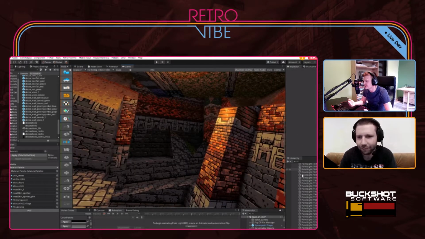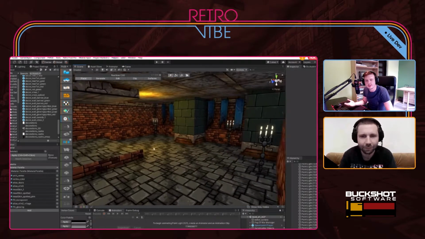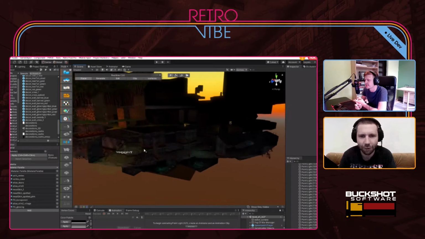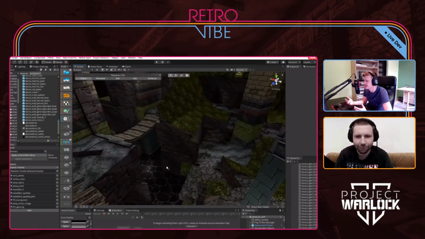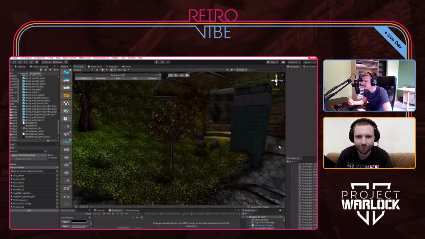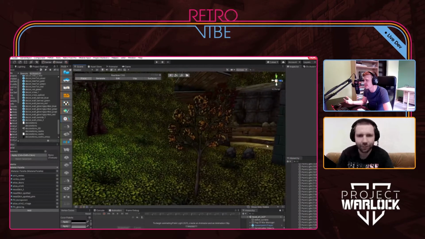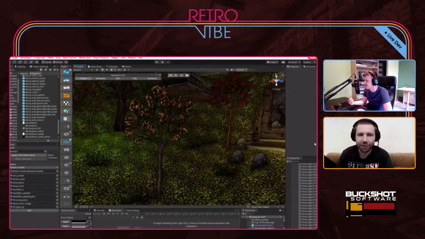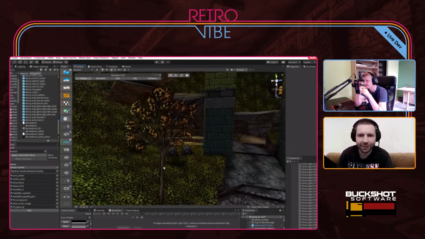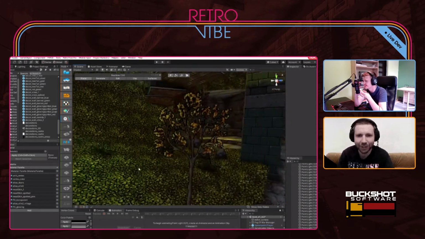I think the best way to show it would be just to show how the woods, or the forest, look, because there we use both types of sprites. For some trees, some things turn around together with the camera, and some things just hang from the ceiling or from the walls. We even made it so that they follow the camera in the editor, so they are billboarding as we speak.